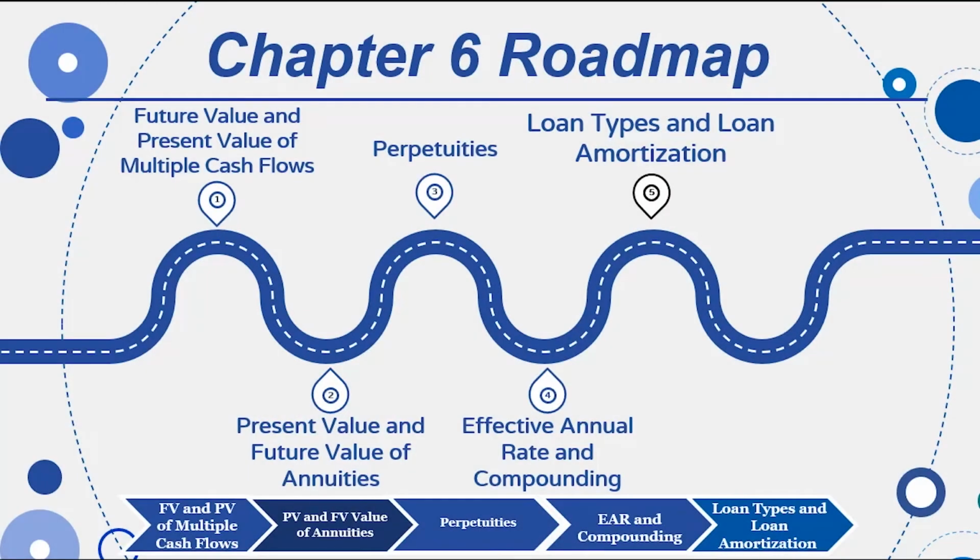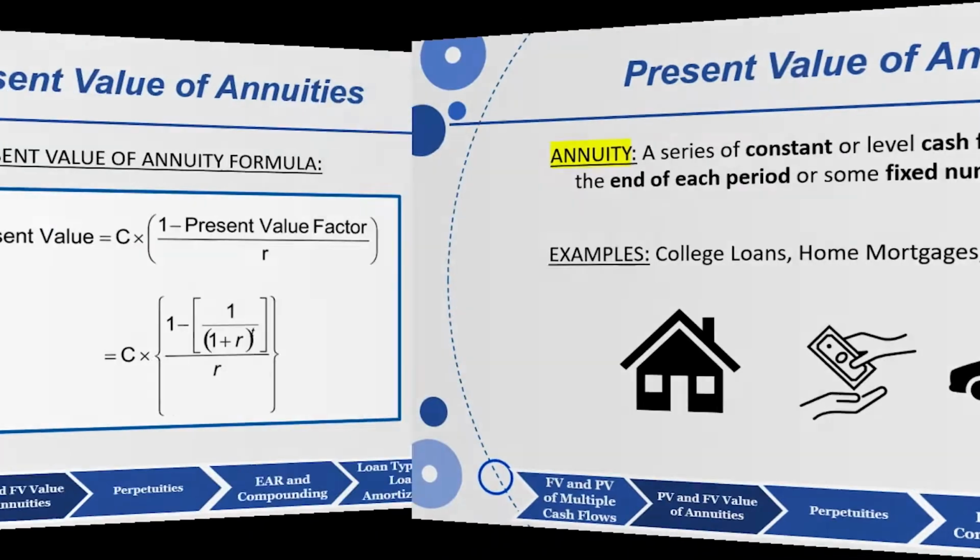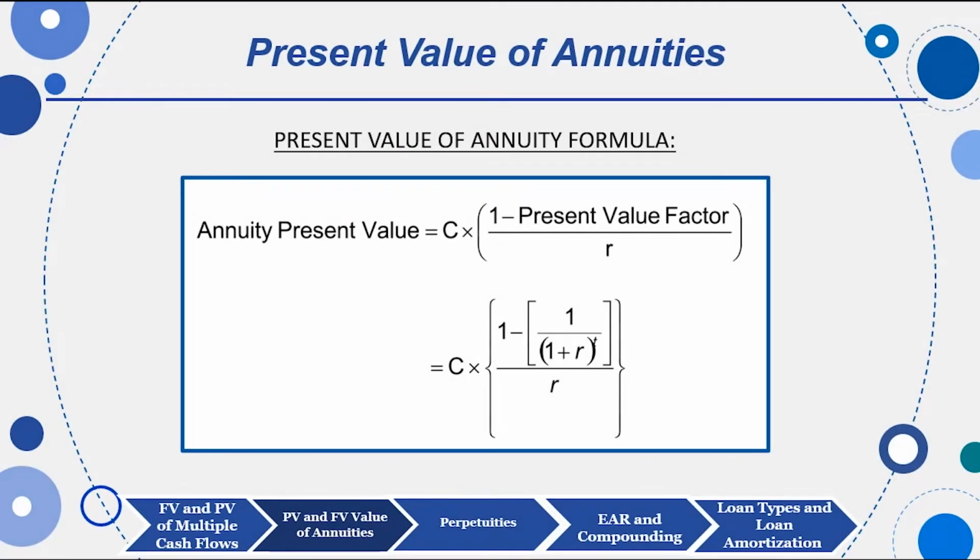Next learning objective we're going to look at are present and future value of annuities. Again, same amount each year or same amount each month. Annuities, series of constant cash flows that occur at the end of each period. Car loan, a home mortgage payment, a college loan payment, same amount each and every month, same amount each and every year. So if you have that annuity, same amount, you can use these annuity present value and future value